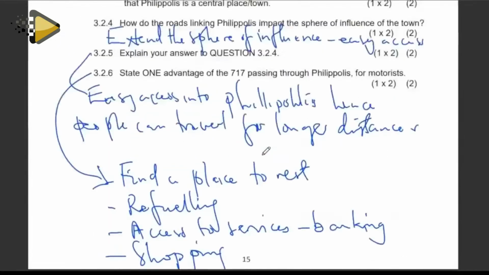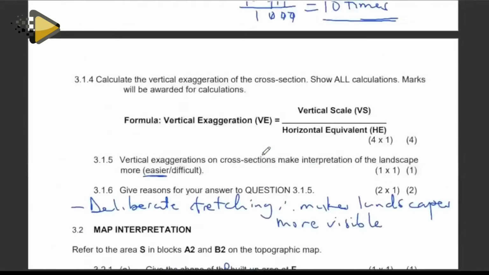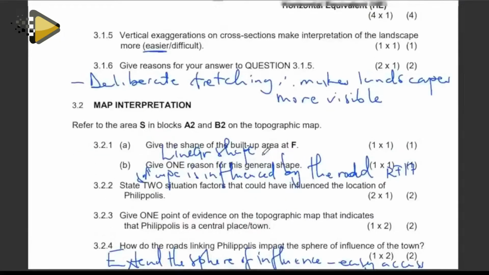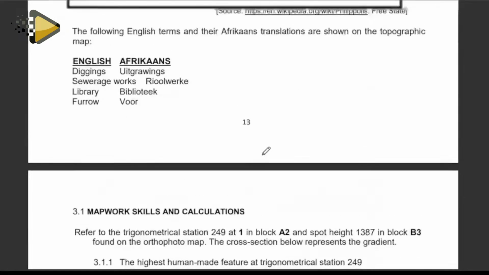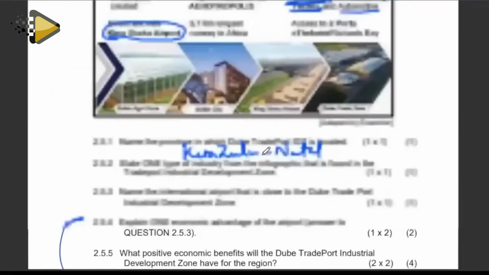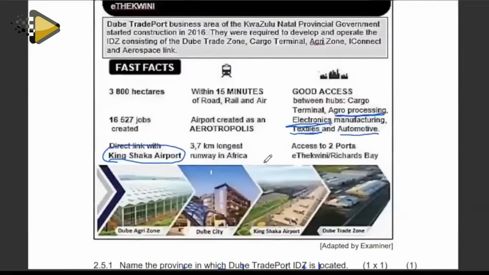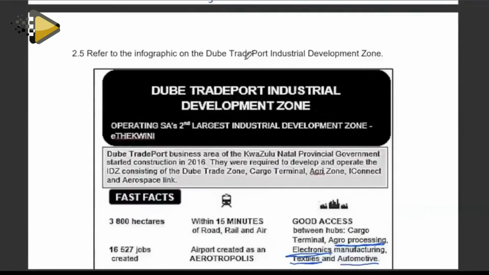question on economic geography, you have to specialize. And as you are specializing, the areas of specialization here for this paper, we have seen that for the industrial development zone, we are focusing on the Dube trade port. Remember, for paper 2 economic geography, you specialize. So the Dube trade port ultimately is the one that is going to be examined in the 2025 November exams, and also in